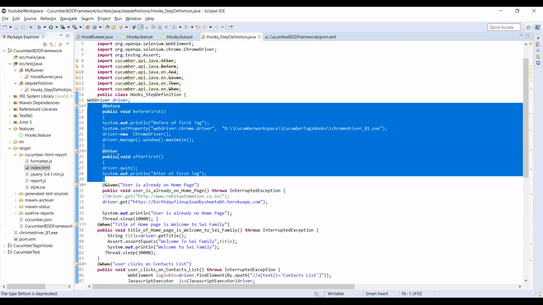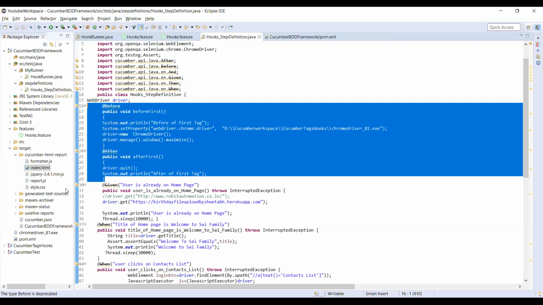So if you say in a feature file, right? We have important preconditions and post conditions like launching the browser, entering the URL, logging into the system, and deleting cookies, and fetching the test data from an Excel file, and closing the browser. These are pre and post conditions. So all these things we put in our hooks, that is before and after.